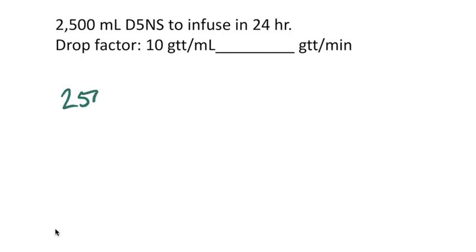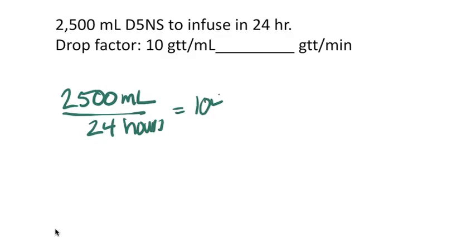All right, 2,500 milliliters, 24 hours. So 2,500 milliliters in 24 hours. All right, I'm going to go ahead and I'm getting my hourly rate there, 2,500 divided by 24 hours equals 104.166. Okay, I'm going to look at this 10th value here, and I'm going to say my hourly rate is